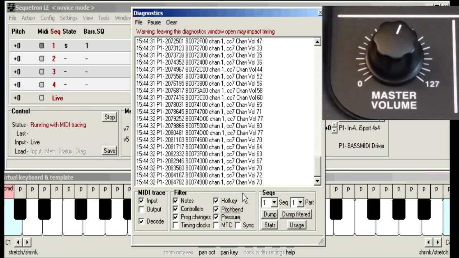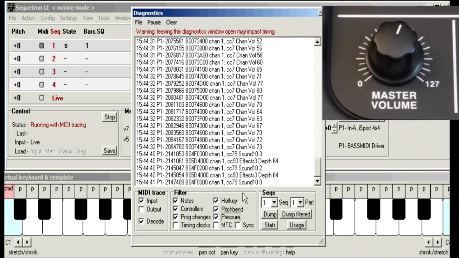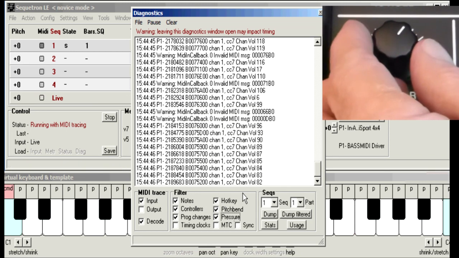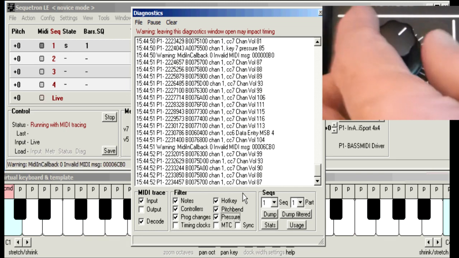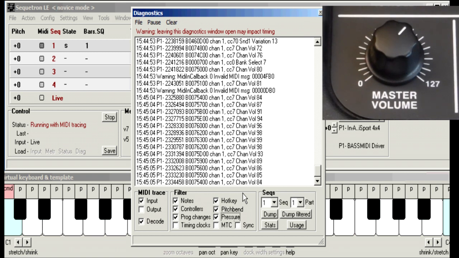If we change the effects now such that we get the error, let's knock all the effects off, and you'll now see invalid messages appearing in the log corresponding to the flashes on the main screen. Now if you want to look at the data in more detail, the byte display on the diagnostic screen is in reverse. The bytes are in reverse order. So for example, the second one shown on the screen here is really a B00D00 command,